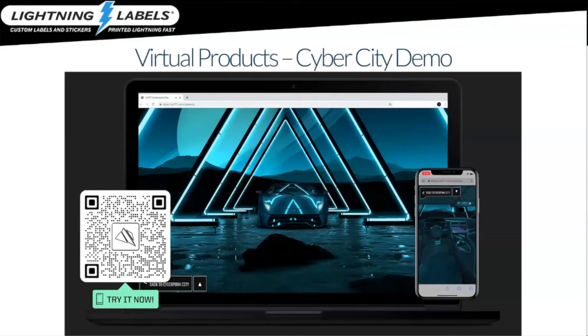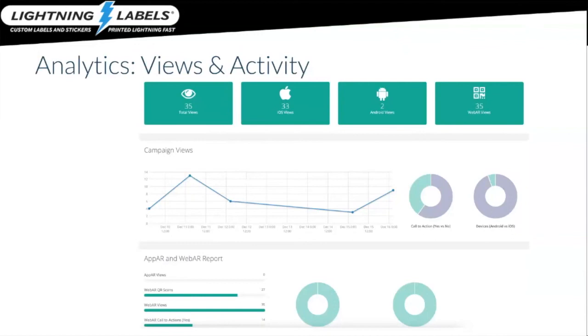Super important, super cool. So I want to talk a little bit about the analytics because we spent a lot of time on the front end stuff and the experiences themselves, but I think the back end is just as important and sometimes it gets forgotten. The really neat thing about doing these web AR experiences is the analytics information that we can give you as people are using it.